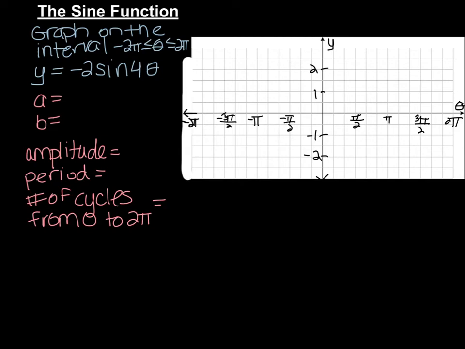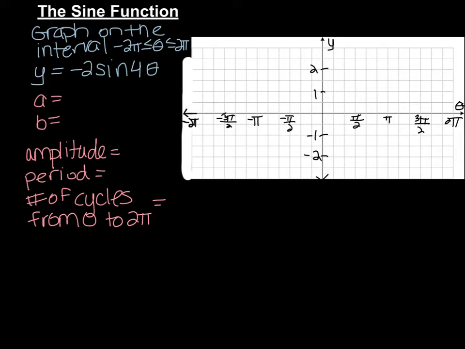When graphing trig functions, there are a few things we need to keep in mind. Starting off with the sine function. In this case, we're graphing on the interval from negative 2 pi up to positive 2 pi for the theta values, for the measures of the angle that we're considering. Sometimes they ask you just to sketch one cycle, sometimes they say sketch 2 cycles, sometimes they ask you to have the x-axis be measured in degrees instead of radians, so you just need to adjust depending on the directions